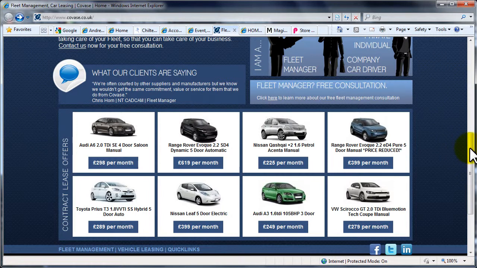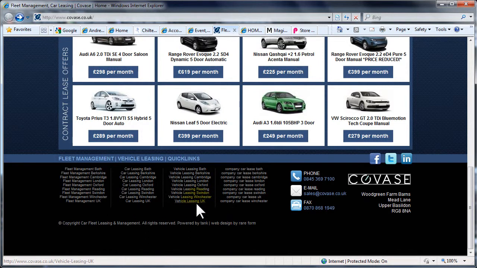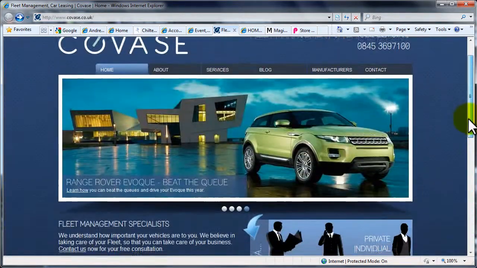But I want to point out on this particular website a real big no-no. Now, what we've done here, look, is tried to include a lot of key phrases. So what we're putting in is fleet management for all these different towns or cities, and car leasing, vehicle leasing, company car lease. Now, I understand this technique, but this technique is what we would call black hat. And again, I'll explain black hat as I did earlier. It's a dodgy way of getting your key phrases seen by Google. But let me tell you that that will not help you if your words are not right,